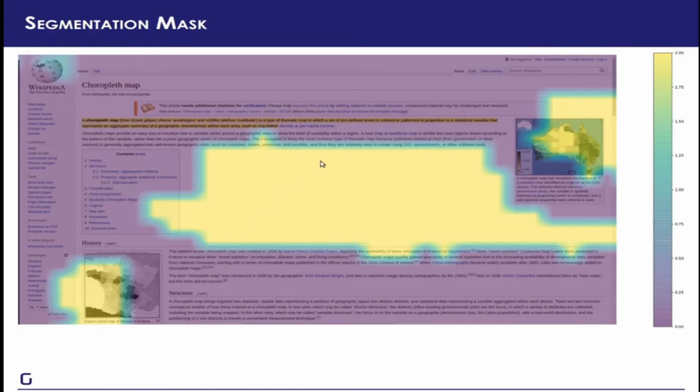Now the problem is that it has also created a false positive. There's nothing in this big region except a lot of white space, and that is because when training on the original data, we just happened to have a lot of maps which had a lot of white space in them, which is why it thinks that whenever it sees a bunch of white space, it's a map, which is clearly not the case. Anyway, we can detect these regions of interest automatically from the attention map. There is a false positive, but we can always delete that manually and feed that back into the model later.